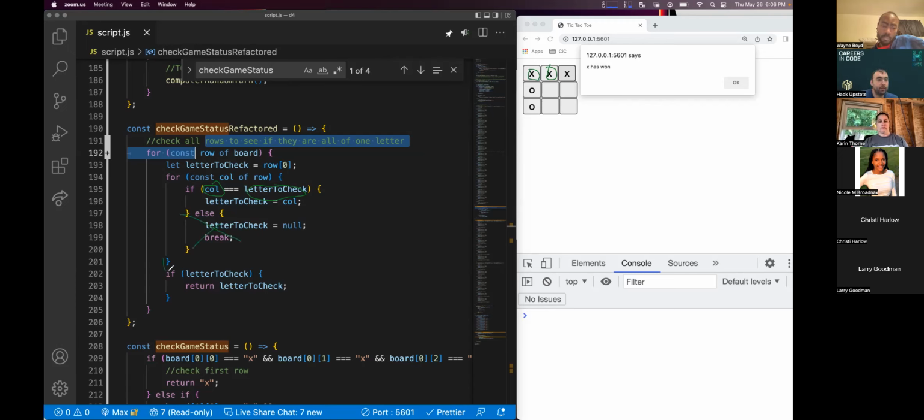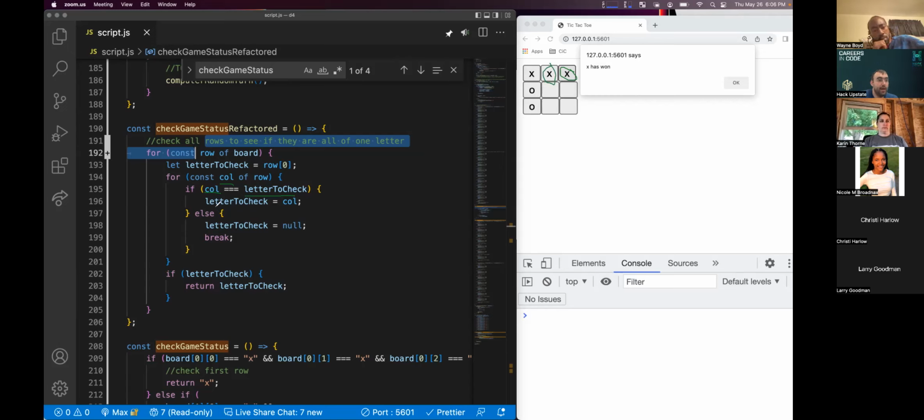We come down to this curly brace and we've got to run this loop one more time. So what we do is we go back up. Now our letter to check is equal to the second column we just went through, index 1. So that last time, col is now going to be this X right here. So that X comes in and we check column, which is our X here, to our letter to check, which was the last column we were just on, which is going to be this one.